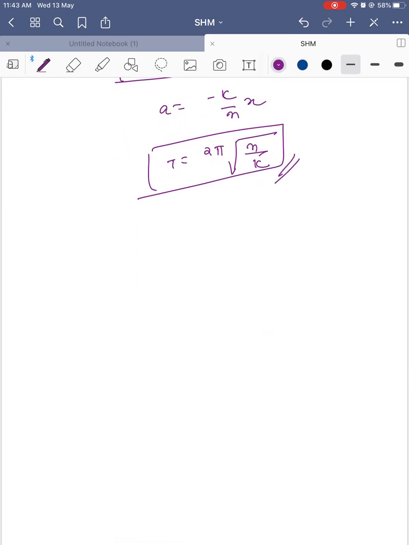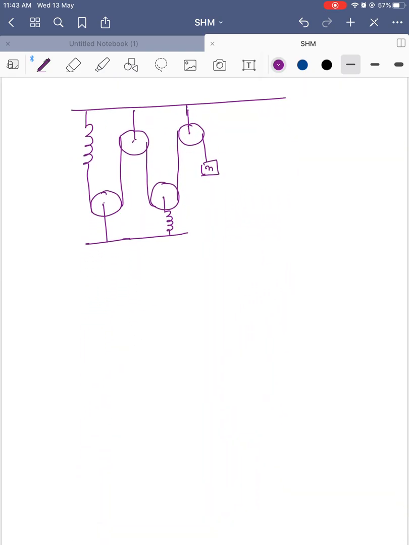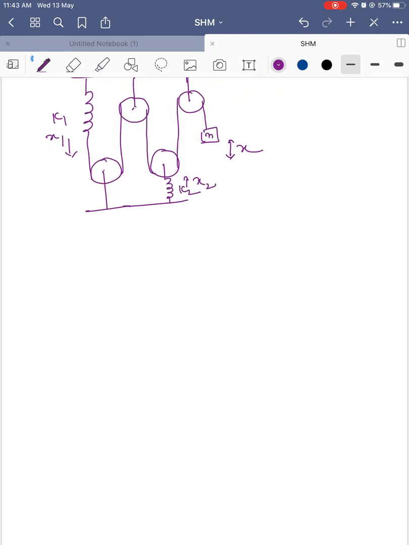My handwriting went a little bit inclined, fine, but still let's see the next part. Here two springs are given, but it could be any number of springs. Here the spring constants are k1 and k2. First displace the body by x. I am assuming the first spring extends by x1 and the second spring extends upwards by x2. As the first step, we should get the relation between x1, x2 and x. How? With the work theorem.